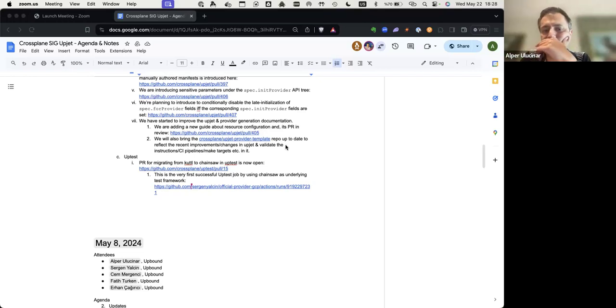So one workaround would be to always disable late initialization for the spec.forProvider user field in the local.mq resource. However, this would result in a backwards incompatible change. That's why we are planning to have support for this use case and make the late initialization behavior configurable in this regard.